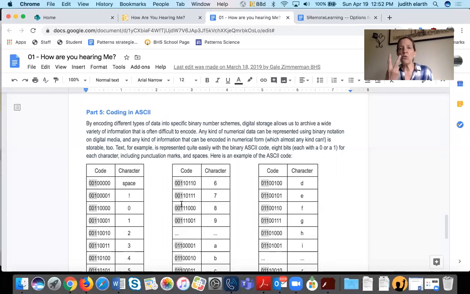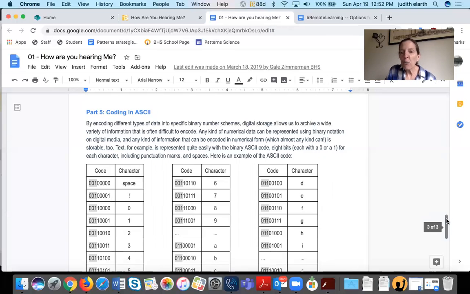Binary, bi means two numbers, 0, 1. So this says we take 8 bits, each one is a 0 or a 1, and 8 bits equals 1 byte, okay? So here it says if I want an exclamation point, it's 0, 0, 1, 0, 0, 0, 0, 1.